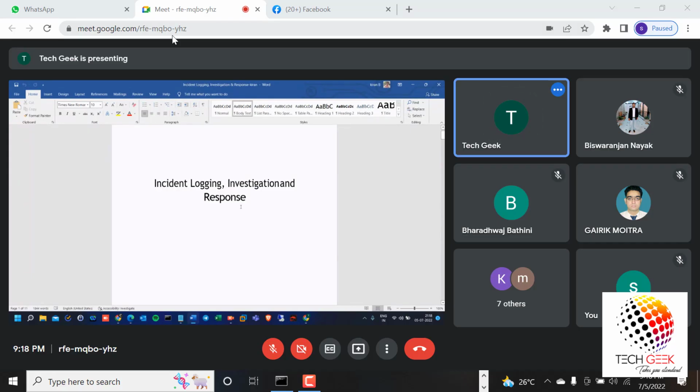When it comes to SIEM tools, there are multiple products available in the market, right? I think you guys have hands-on experience with which SIEM tool? Splunk, sir. QRadar and Splunk. IBM QRadar, both. Right. So there are multiple SIEM tools available. In each SIEM tool the UI, GUI, and some features are different.